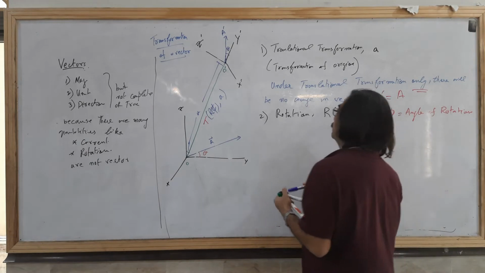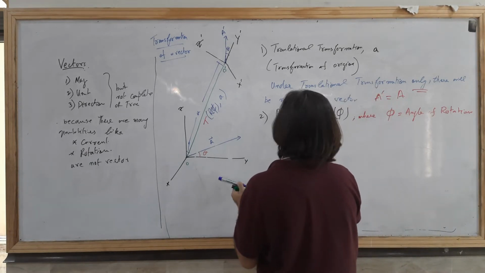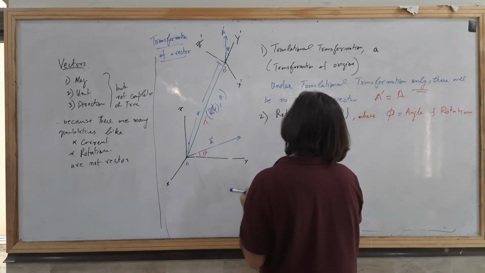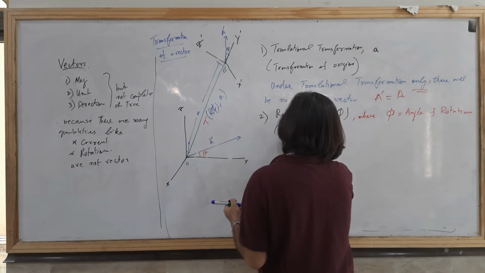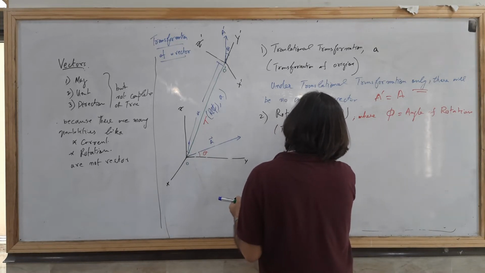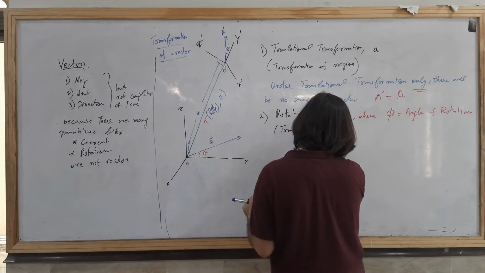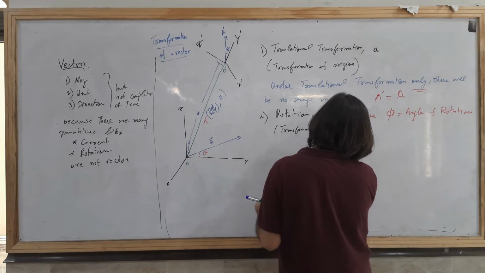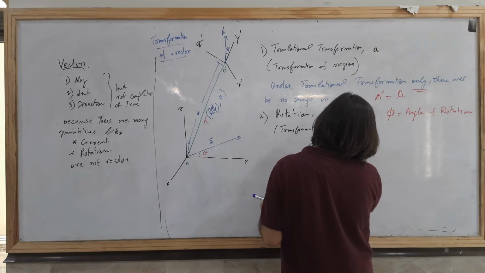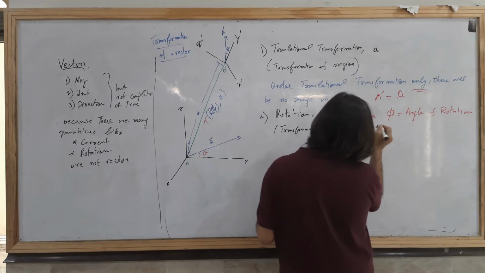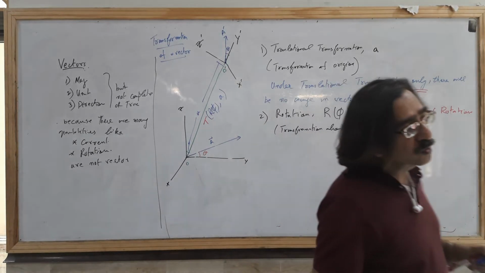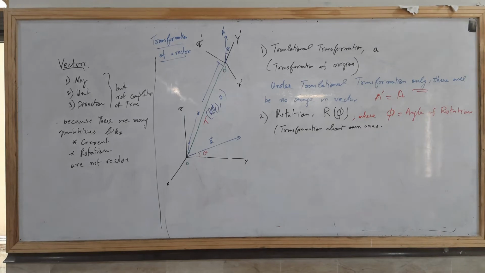What is that? That is transformation about an axis. It's on axis. अपने ही axis के गिर्द की rotation को क्या कहते हैं? That is in the common sense we say that is the spin. Okay. So in that case,